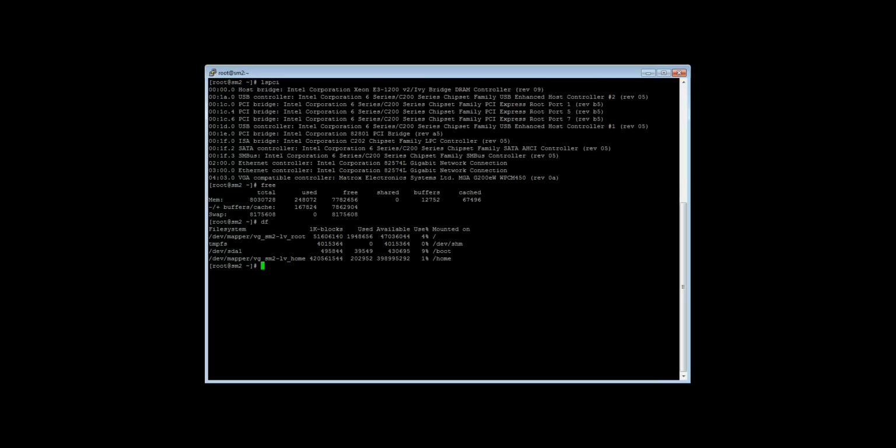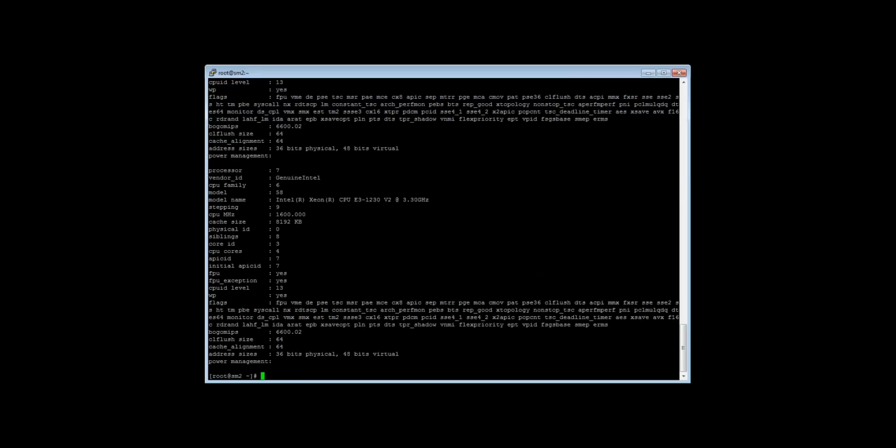A 500 gig drive, all on root. Oh no, by default we have a lovely home partition, totally useless. Well, it's a device map, but we can fold and mutilate that, do whatever we want with it. And we have 8 cores.